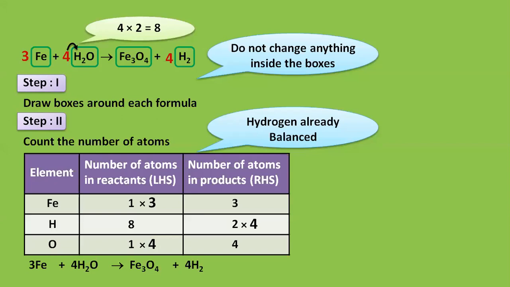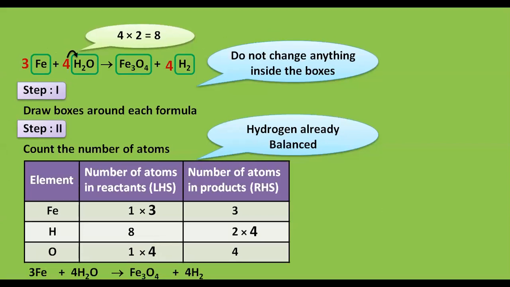Do not worry about all the boxes which are coming here. If you go stepwise, balancing is a very simple and the easiest task of chemistry. So here we are able to balance the chemical equation. Once balancing is done, your duty is to check the balancing once again. The best part of balancing an equation, my dear students, is that you yourself can check the answer. You yourself can check the answer and tell me.